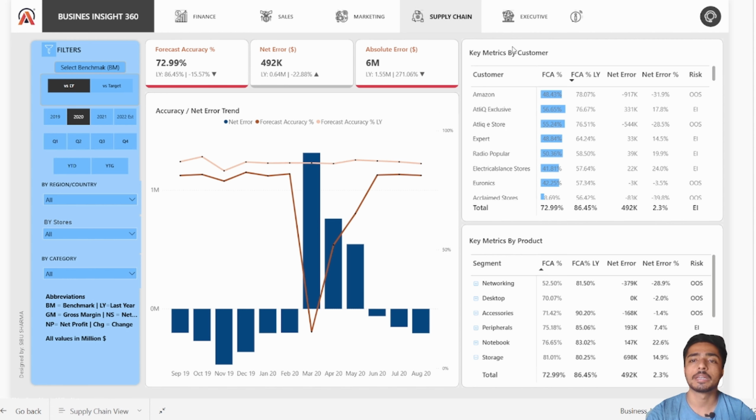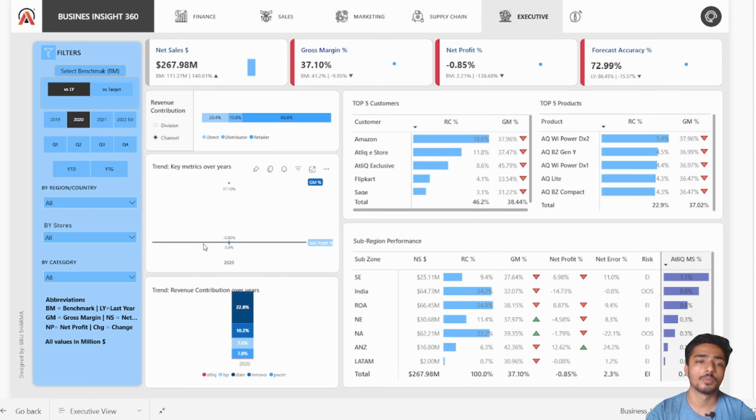And after that you have the key metrics by customer. Each customer has key metrics, suppose forecast accuracy percentage last year, net error percentage, and the risk. And after that you have the same metrics product wise. And in the last you have the executive view. In the executive view